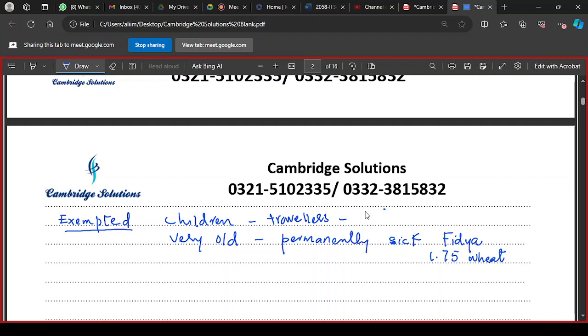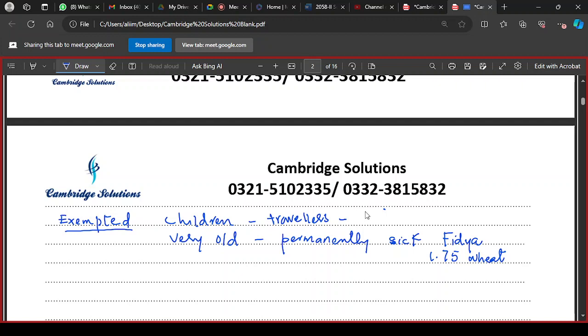The black thread is the darkness of the night, and the white thread is the brightness of the day. And eat and drink until the black thread becomes distinct from the white thread. So the black thread is the darkness of the night, and the white thread is the brightness of the day. So Muslims have been allowed to eat and drink and take sehri at night.